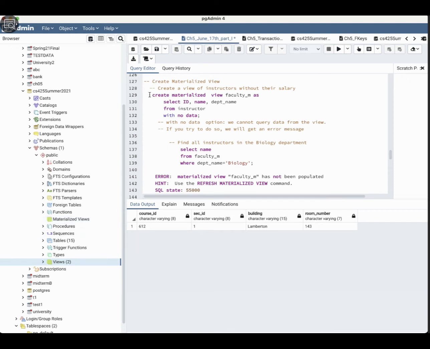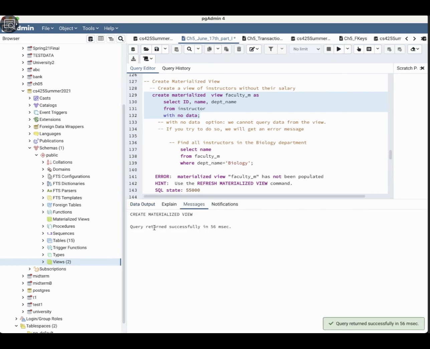So we have create materialized view, and here we can specify the difference: whether we're going to fill this one with data or not. I'm going to create a blank view that contains nothing, with no data. When you run this one, you see the create materialized view, and you go to the materialized views, you see